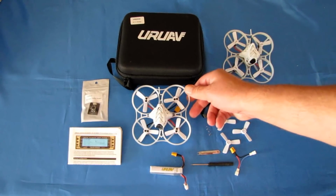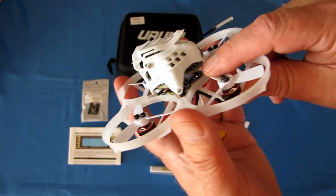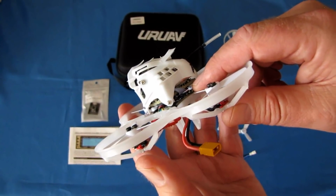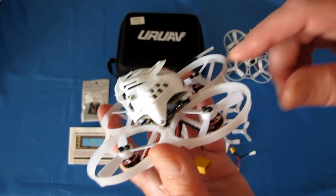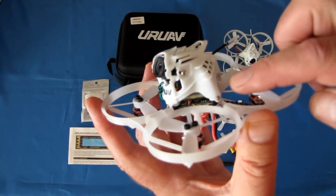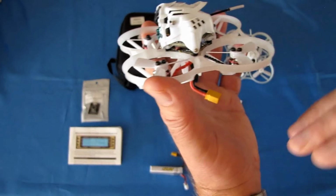What does that mean? The HD version has a built-in digital video recorder that enables you to record HD video from the camera in 1080p 60 frames per second, 1080p 30 frames per second, or 720p 60 frames per second. Now, I don't know why anybody would reduce it or record at 720p when you have 1080p recording capability, but supposedly this DVR board that's installed on board here can do such. But before we go into a little more details on the DVR board, let's start from the top down and